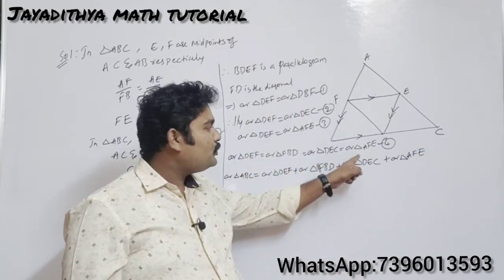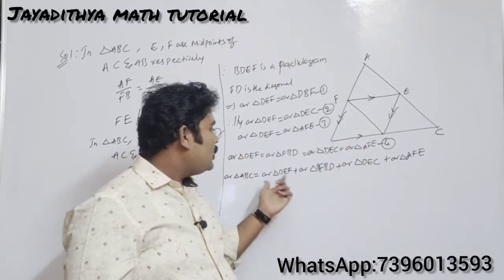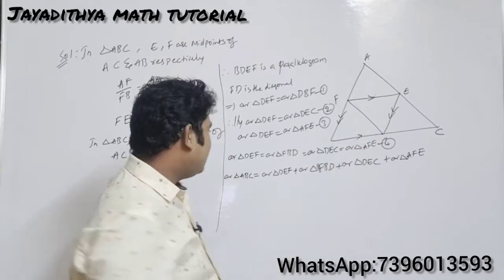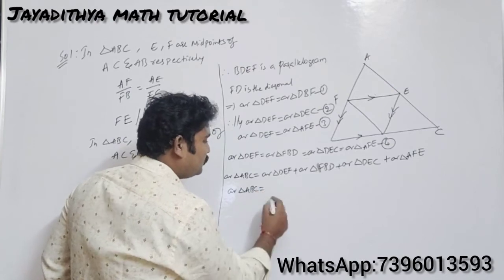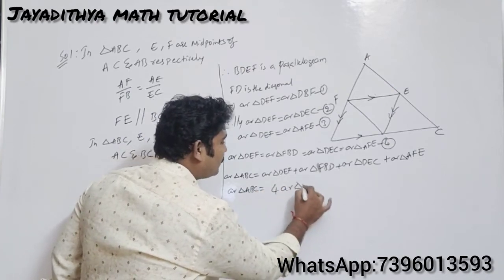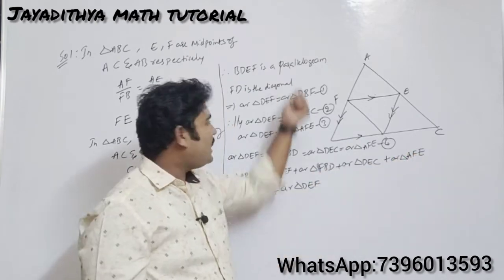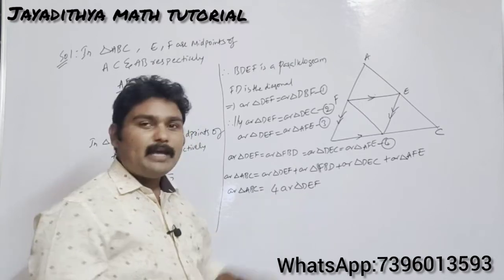And also what can you say here? Already from equation 4 you know that all the areas are equal. So you can substitute in each of the triangle, you can substitute with area of triangle DEF now. So you can write like this, area of triangle ABC will be equals to 4 times of area of triangle DEF. Why? Because areas of all the 4 triangles will be equal. Just now we have proved it, right? So this will be equals to 4 times of area of triangle DEF.